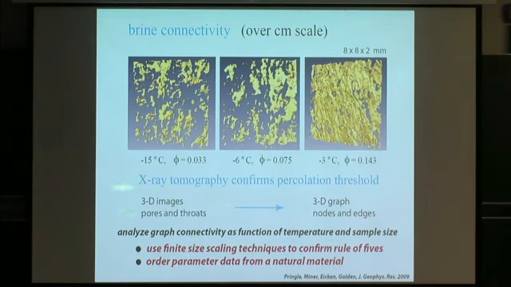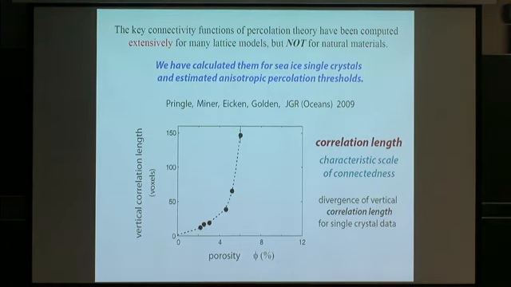We take 3D images of pores and throats, map it onto 3D graphs of nodes and edges, use finite size scaling techniques in physics to ultimately confirm this rule of 5s. This is the divergence here of the vertical correlation length, diverging as you approach the 5% threshold. What's particularly interesting about this is the only real data that I know of for this. In other words, in a rock, at least in a sand, but maybe you guys have the technology actually. In a sandstone, like a regular sandstone that has pores in it,